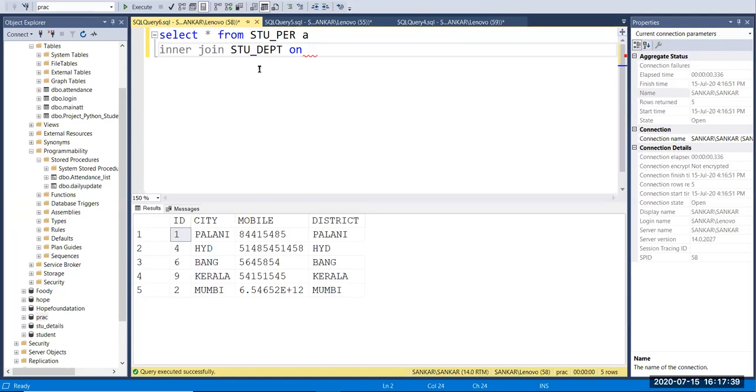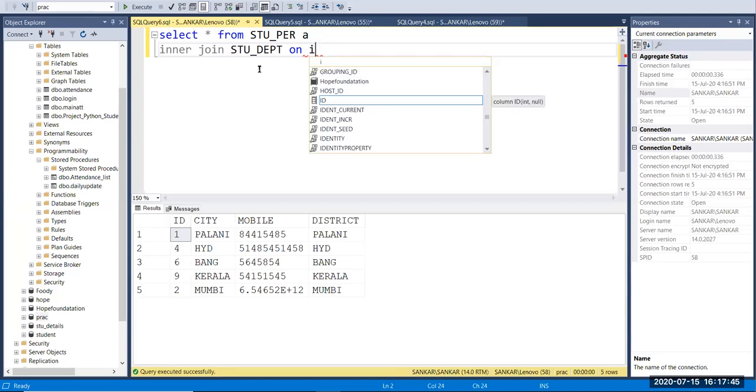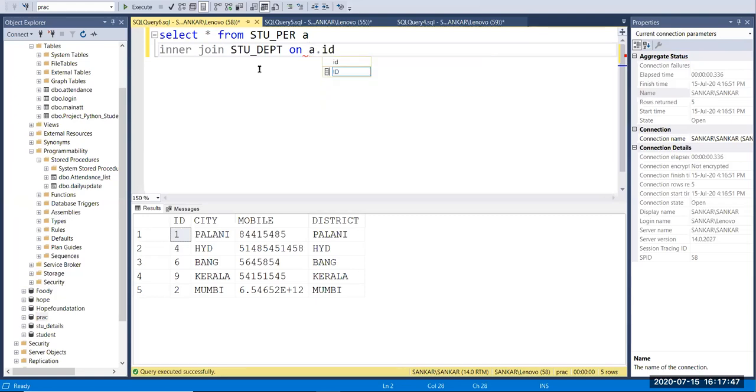Id is a common column, so I'm going to match a.id equal to b.id, where a is the stu_per table and b is the stu_dept table. Here I'm combining both tables by using their id field.